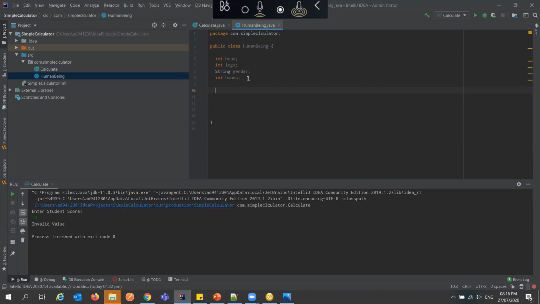So what is a constructor? A constructor starts with public, then it must have the same name as the class, okay? And you can now set whatever you want to set into it. So now, for example, we said for the child, it must have head. So the head must be what? 1. So we can start setting it now. We say legs must be what? 2. And we say gender. Here you can determine, okay? Male or female.